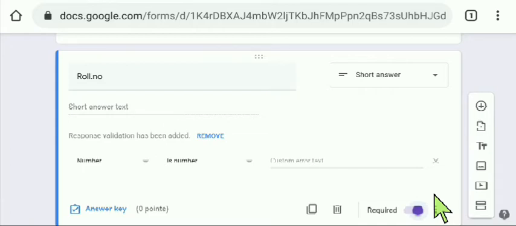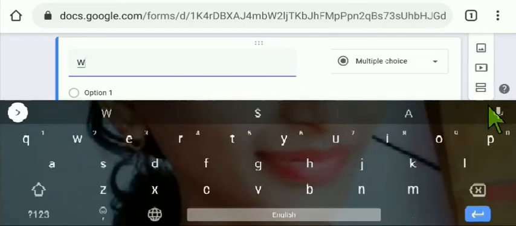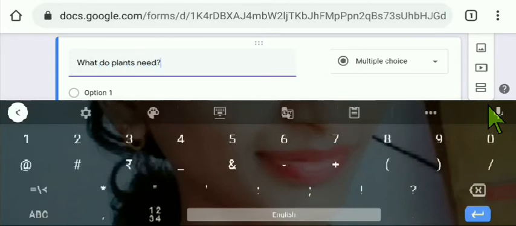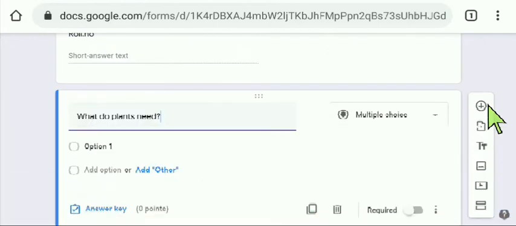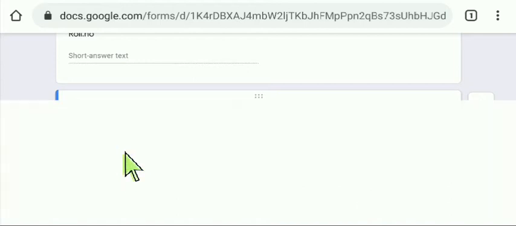Now we are going to add questions. For this, click on plus symbol. Yeah, the first question is, what do plants need? Yeah, this is the question. I'm going to add options. Click on option 1, water.